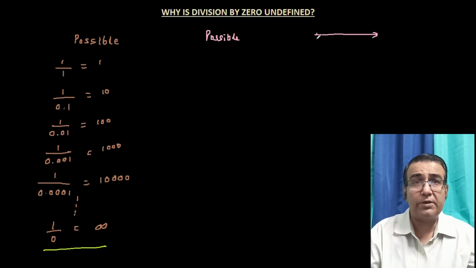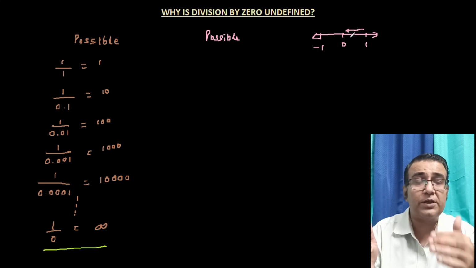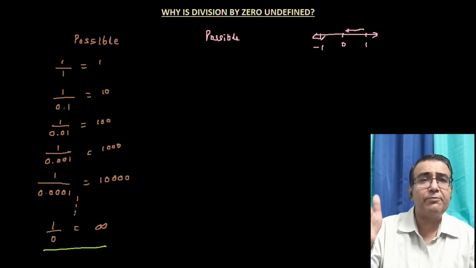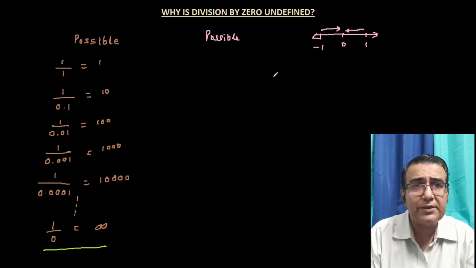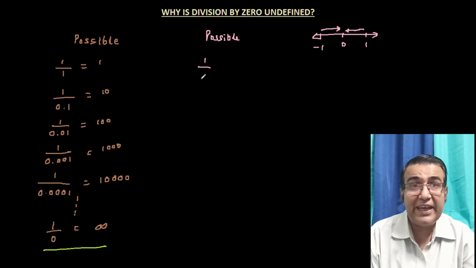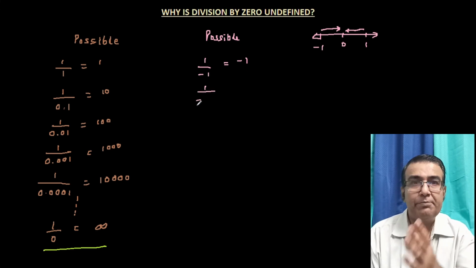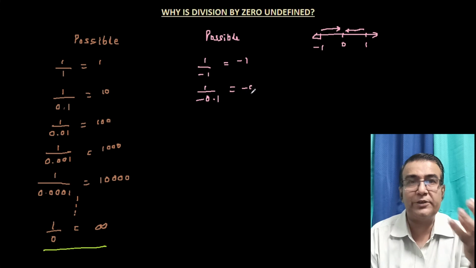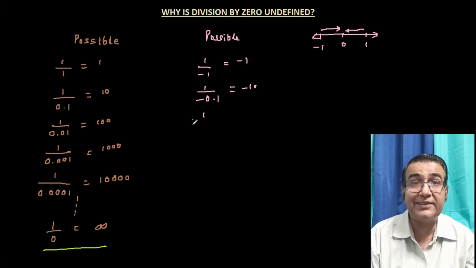So let's say we start with the number line. So where this is 0, we start with the number 1 on this side and negative 1 on this side. And what we did was we started from 1, we were dividing by 1 and we were going towards the left, coming very close to 0. What if I were to start from negative 1 and go right towards 0 and find out what the result is going to be? Well, so I divide 1 by negative 1, I get negative 1. I divide 1 by a larger number this time because this time we are going towards 0 and 0 is greater than negative 1. So I divide 1 by negative 0.1 and what I get is negative 10.